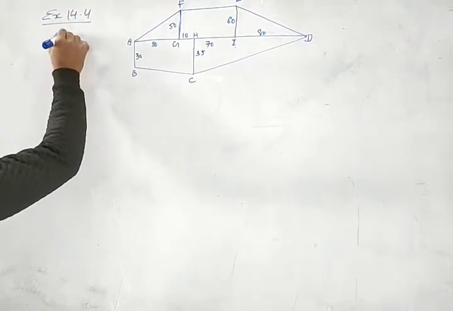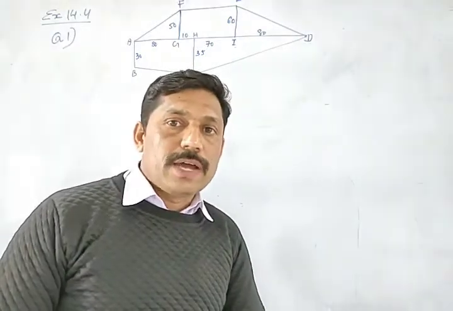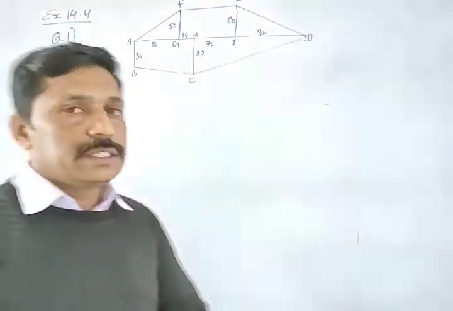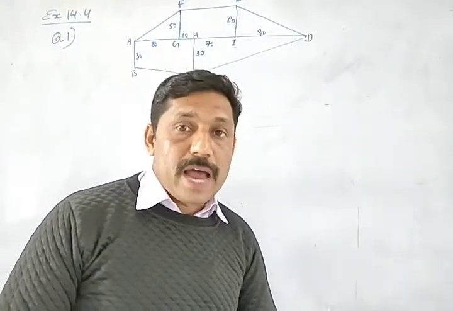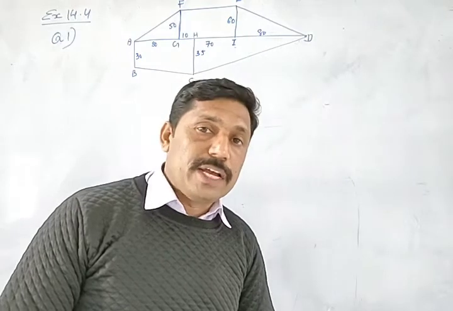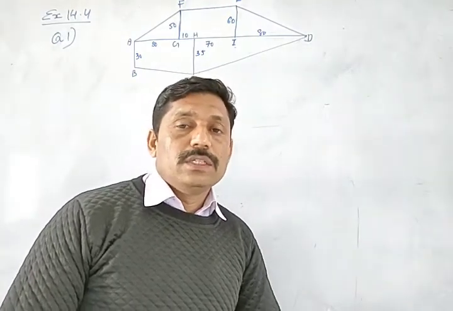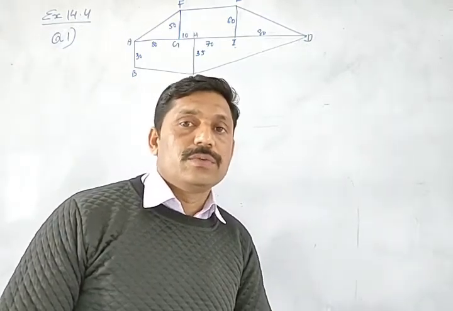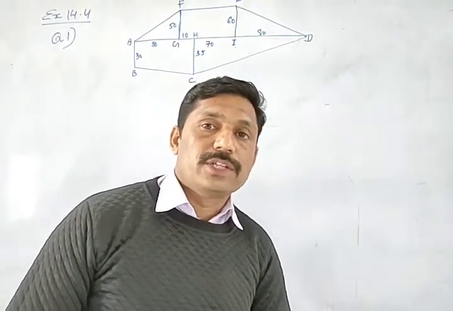Question number 1. This is a figure. In this exercise we study how to find out the area of rectilinear figures. These are rectilinear figures. That means when we measure the area of a land, you know that the surveyors, what they are doing, the land has no fixed shape. So these irregular figures, they divide it into different shapes and then calculate the area of different shapes and add it.